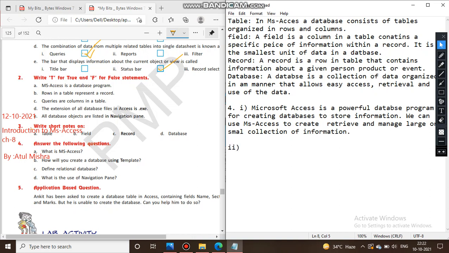Next question, how will you create a database using template?